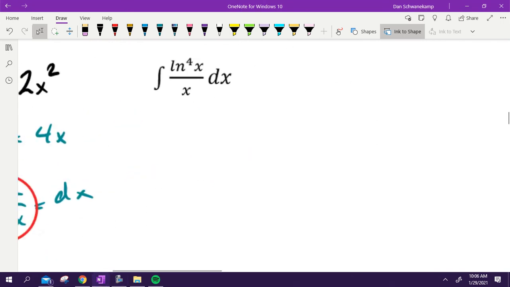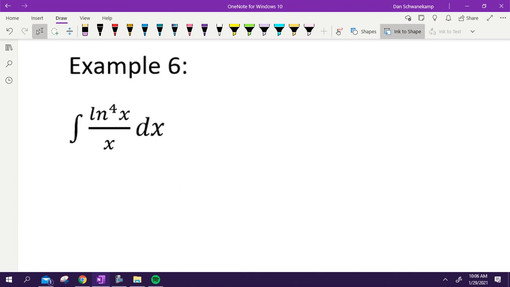All right, looking at example 6. 6 looks really funky. The first thing I would do is I hate that 4 right there. That just throws me off. I'm going to act like it wasn't there. If that 4 wasn't there, how else could they have written it so it wasn't that weird? On the outside, right? Just like sine squared, you could put that on the outside. Those little numbers on the inside throw us off. I'm going to put it on the outside instead. So if I do that,